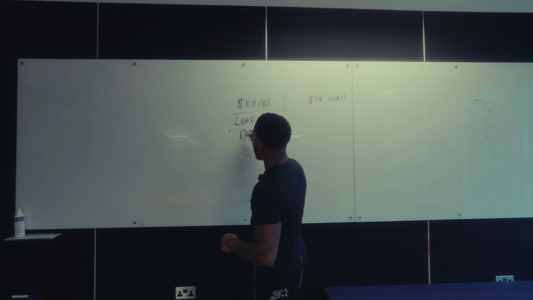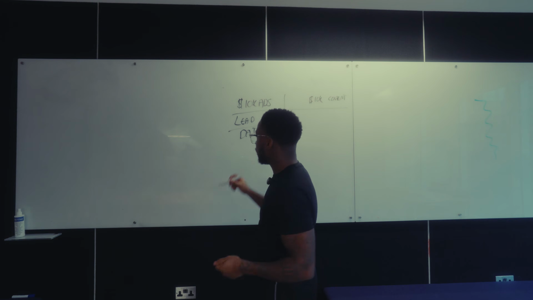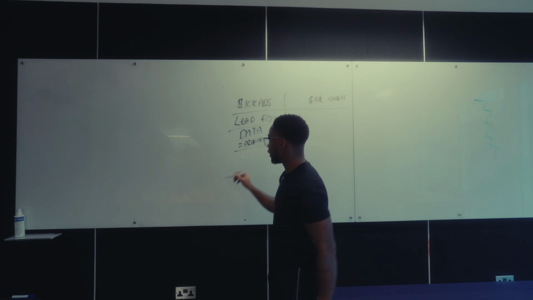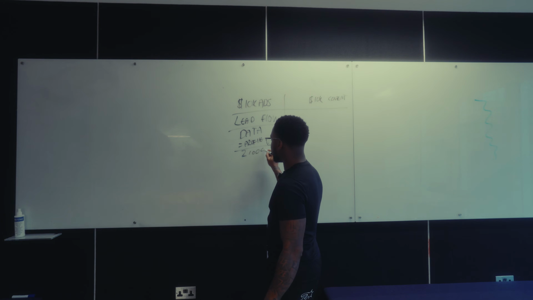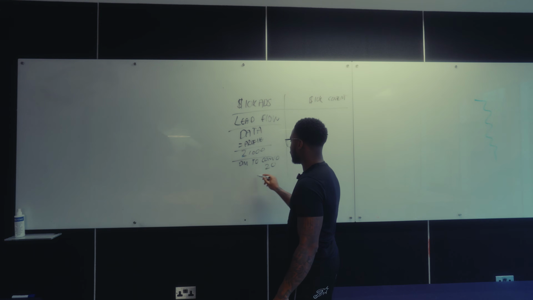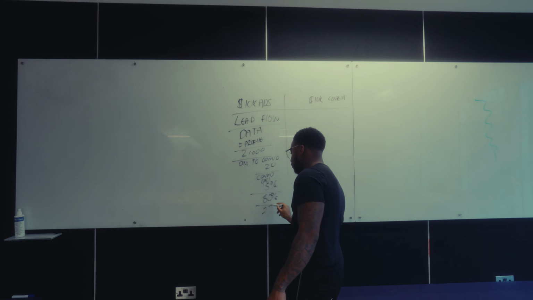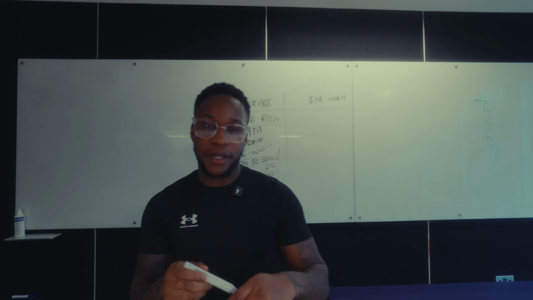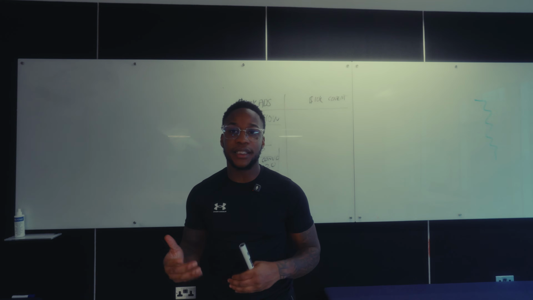So from focusing on the data, for example, one of the funnels that we ran was the profile visit funnel. So I knew, for example, if I was to, let's say, get 2,000 leads, I want to try to have a good lead to call percentage, but also if my setter was in the account and he had a good DM to combo of around, let's say, 20%, his combo to call was around, let's say, 15%. My show up rate was at least, let's say, 80%. And my close rate was a minimum of 25%. The numbers are just very predictable in terms of how much revenue we could make for the business. So in terms of predictability, it was massive.